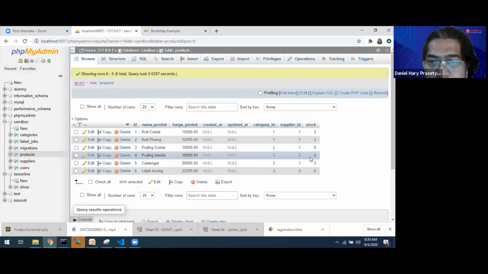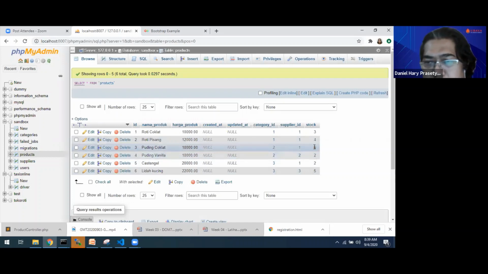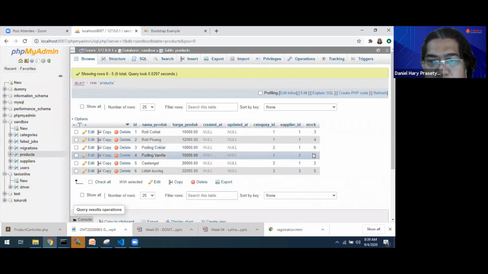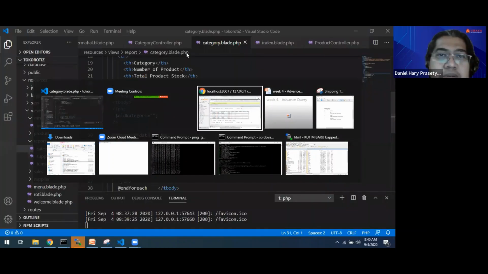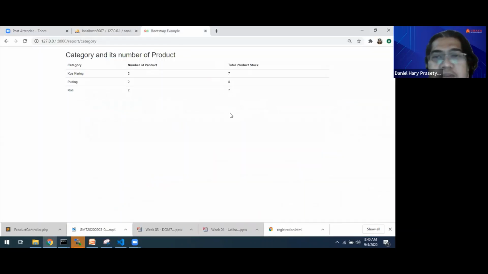Pudding is 6 plus 2, that is 8. And then roti 7, 3 plus 4. Kue kering, kastengel and lidah kucing, 2 plus 5. Okay, 7. So our report is a success.